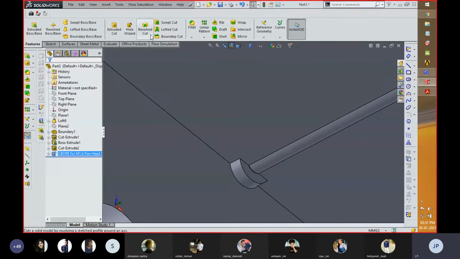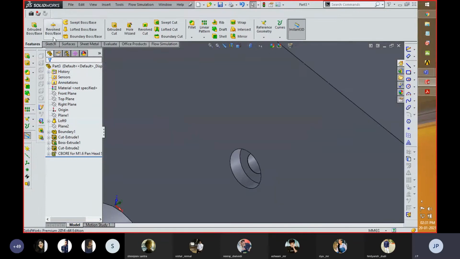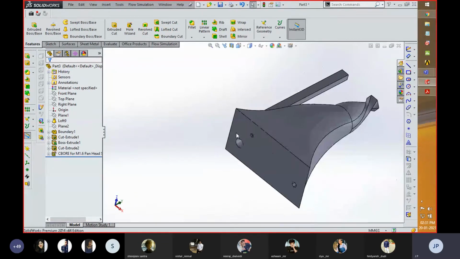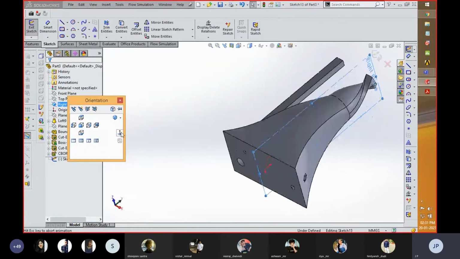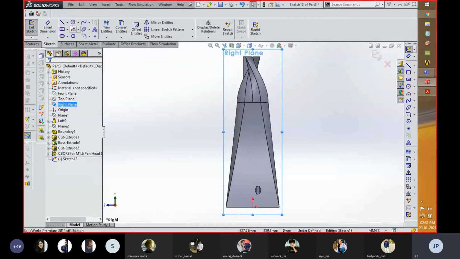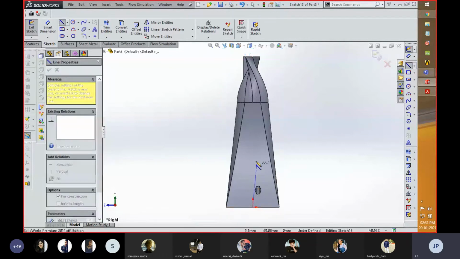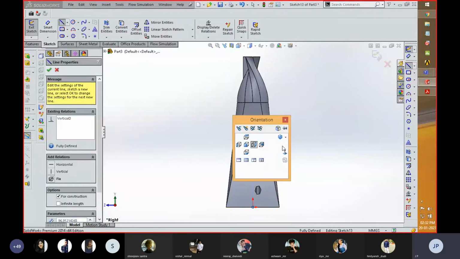Now this revolve cut can be performed in a manner similar to revolved boss. If you want to remove material from this plane or the middle plane, over here I am going to select this right plane, sketch, then keep the plane normal. Then what I am going to do, first of all, I need a center line, for removing the material.